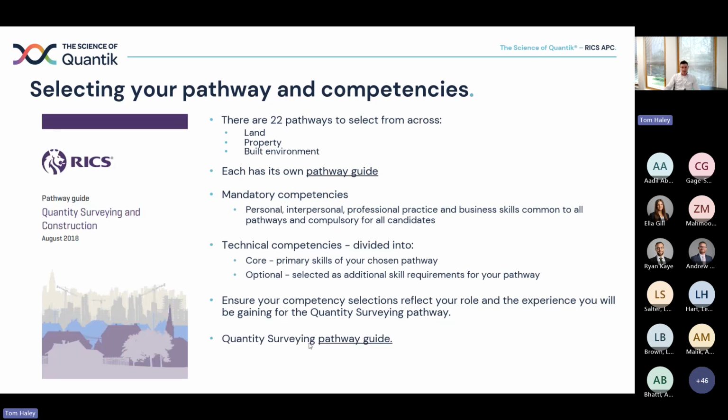And the quantity surveying pathway guide looks like this. So that's the front. The latest edition, as far as I'm aware, is August 2018. You'll find it online through a simple search. I've got a hyperlink here. Let me just see if this goes through. You might not be able to see that actually because it's showing the presentation. But if you go online and find it,